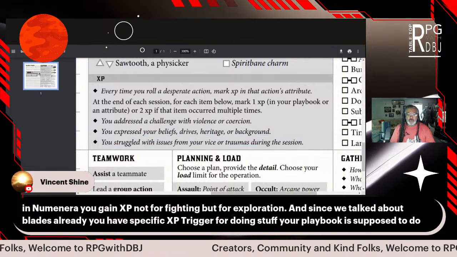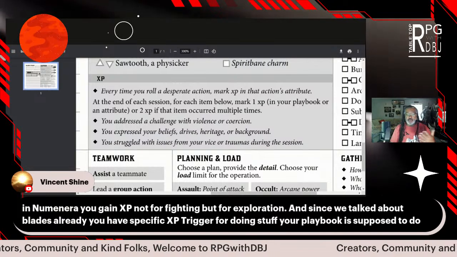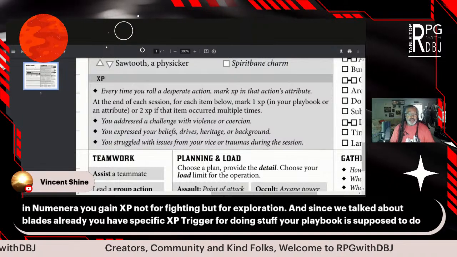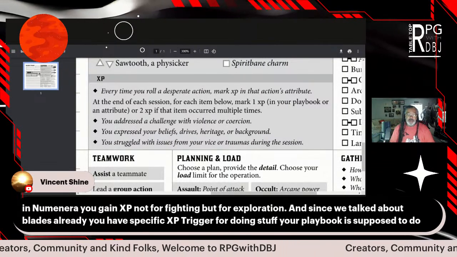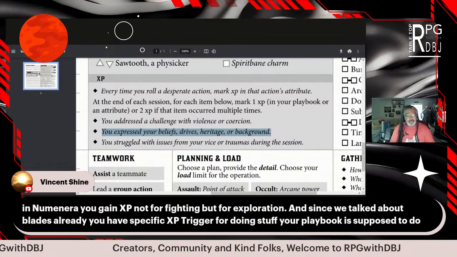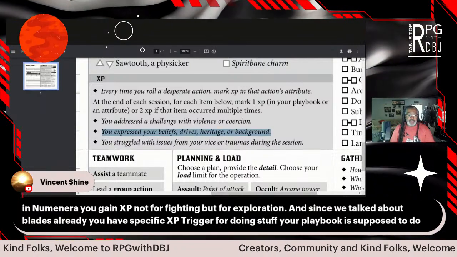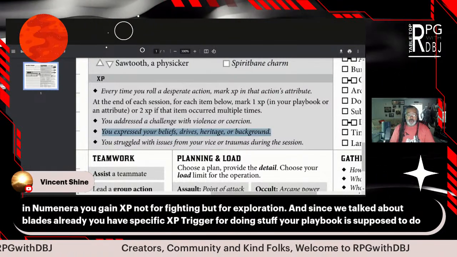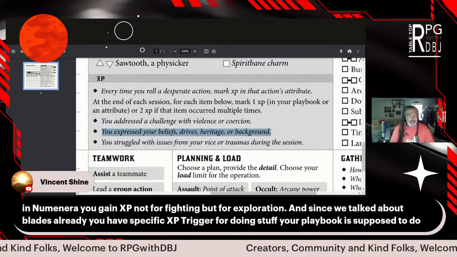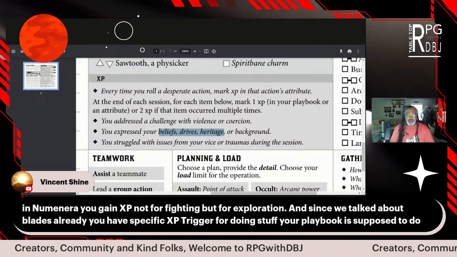Sure, you can make a character that has a dead background, meaning I'm just Fightor and I just arrived with a sword and shield. Or let's do hard science fiction: I'm an astronaut out in space doing astronaut things. You don't have a background or whatever. Well, if you never express it, you don't get experience points for that. So come up with something in your background. Maybe you mention an old photograph you have attached to the dashboard of the starship, or you talk about what's driving you as an astronaut. Hey, I did some bad things in my background, and I'm making amends for that.